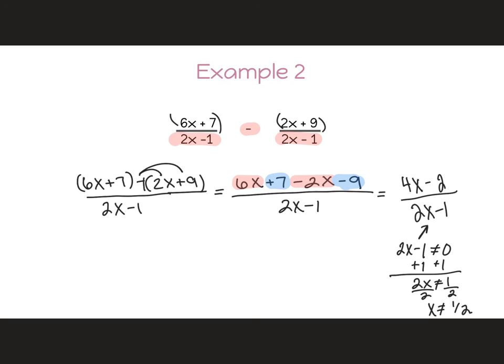Then I want to see if I can factor anything out. So if I check my numerator, I could factor out a 2 from both terms, leaving me with 2x minus 1. Carrying down my denominator, I have 2x minus 1. And then notice these would cancel out, leaving me with just